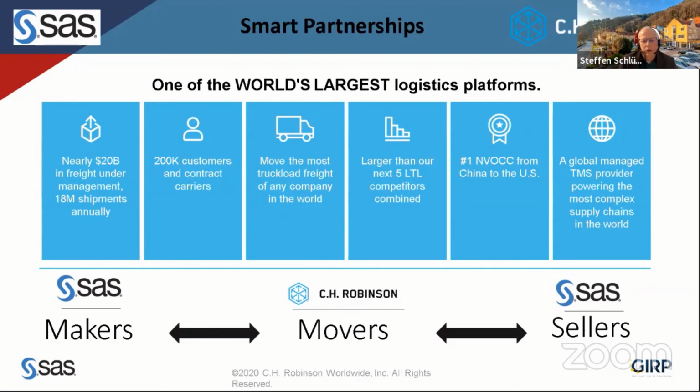So let's talk a little bit about the new partnership with C.H. Robinson, because we are able to do demand planning. We are able to do manufacturing planning, and we understand what the transportation need will be. But so far it was more silos, because we handed over and then somebody else took over to do that planning. Now with our partnership with C.H. Robinson, we have the ability to do that planning fully integrated.